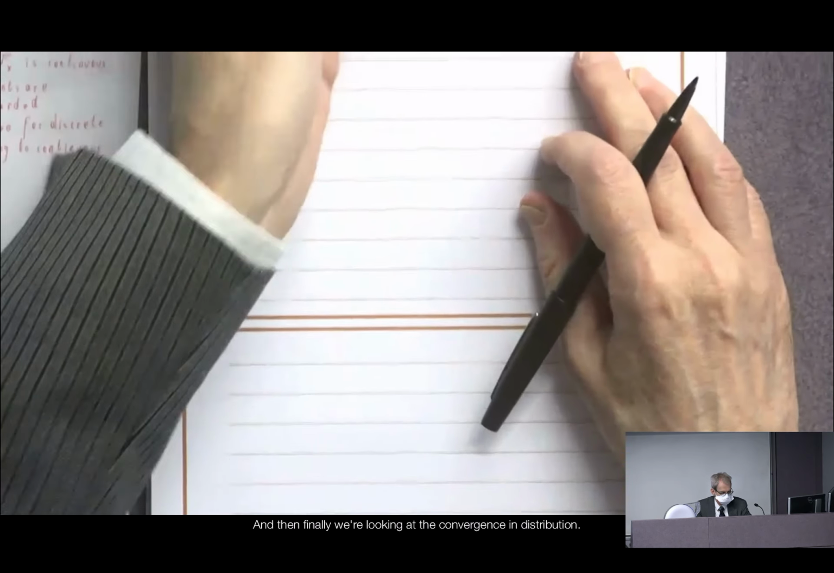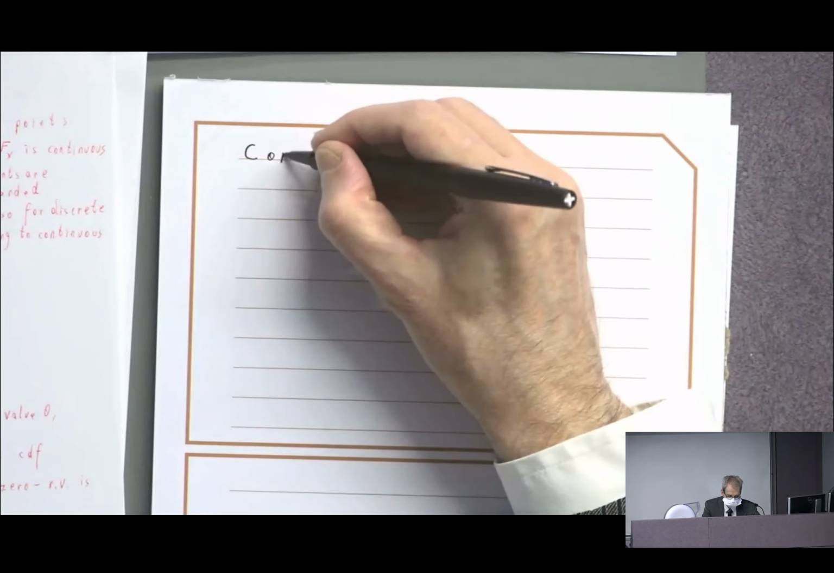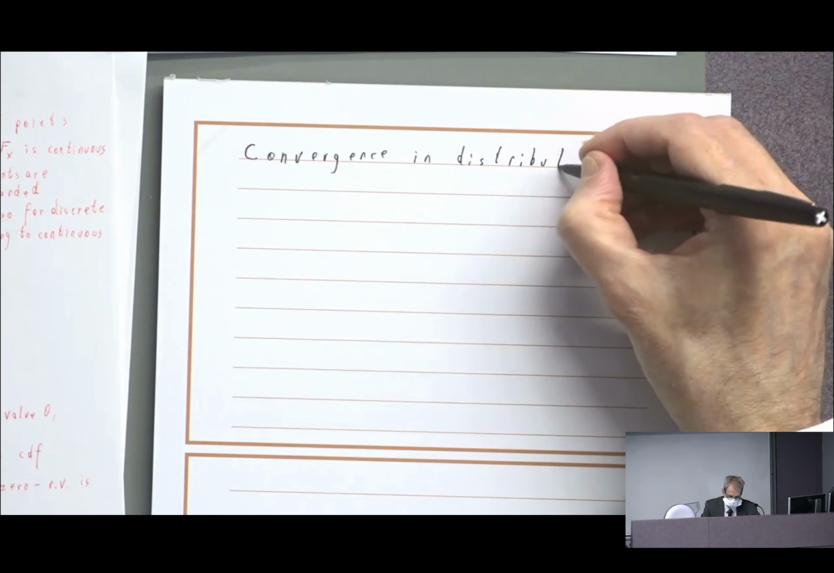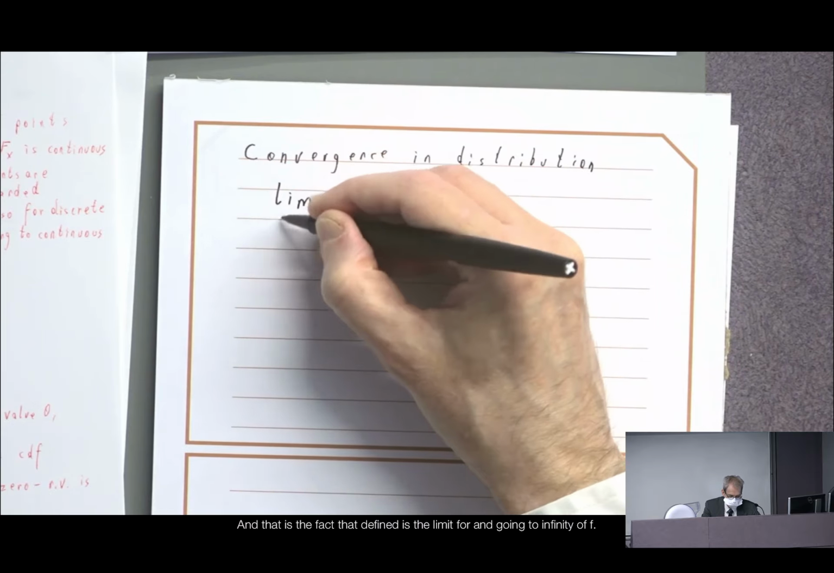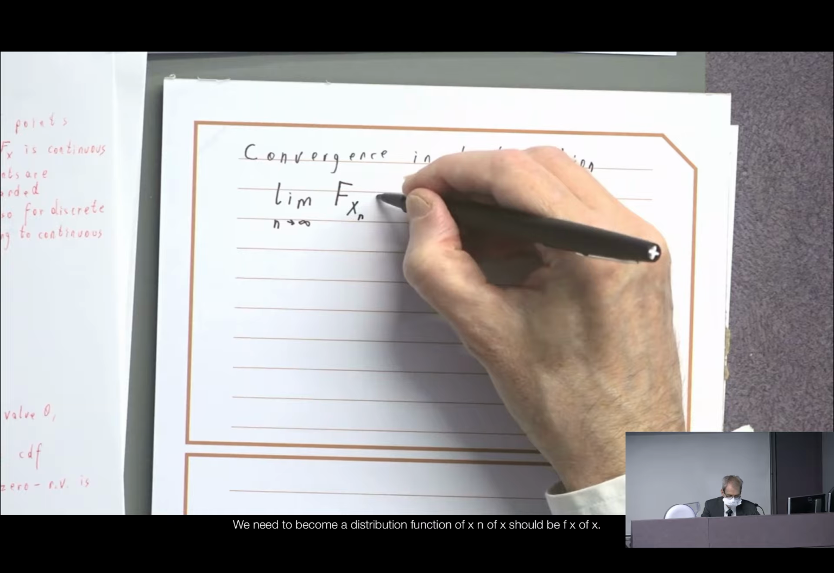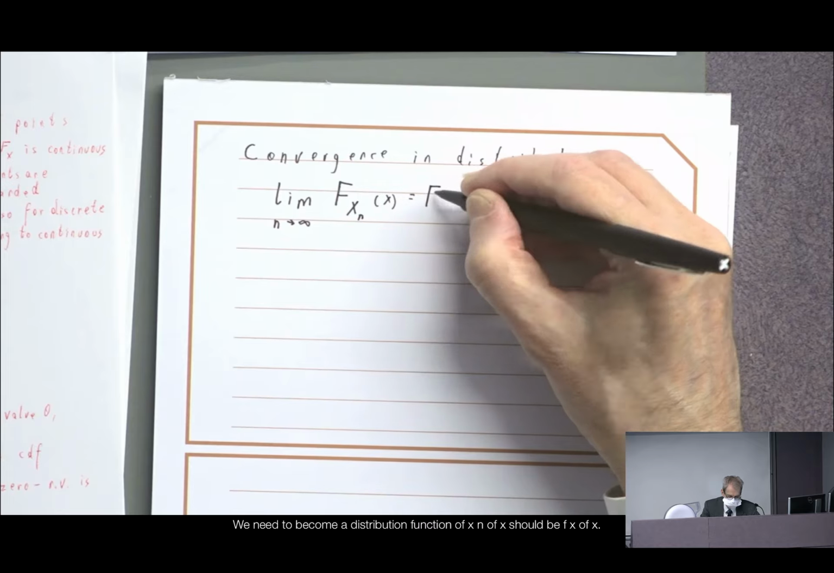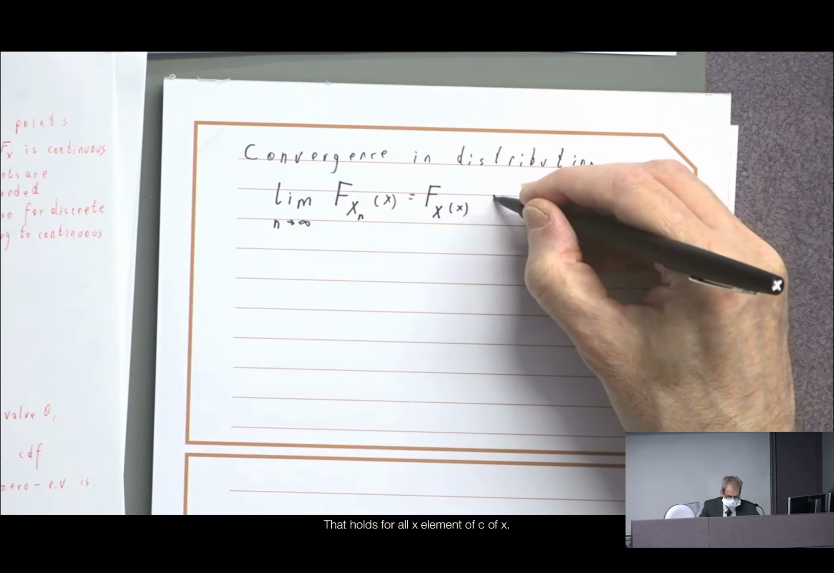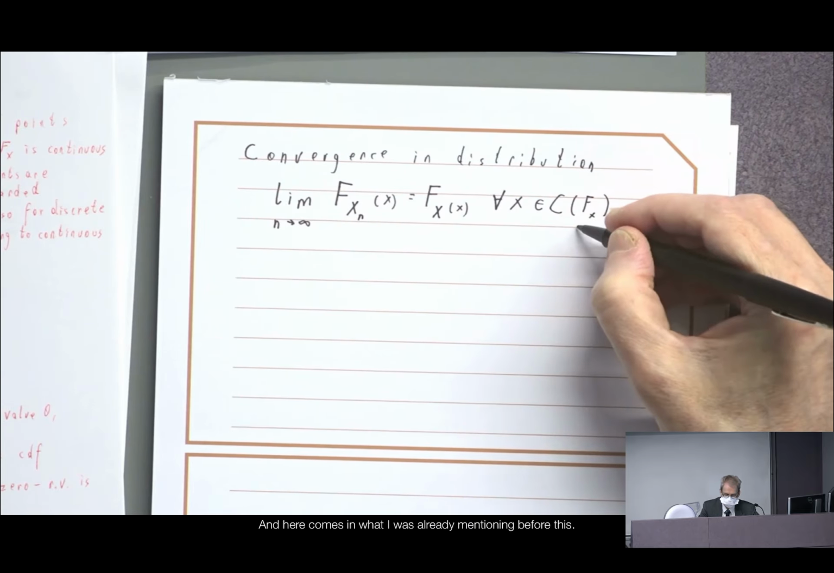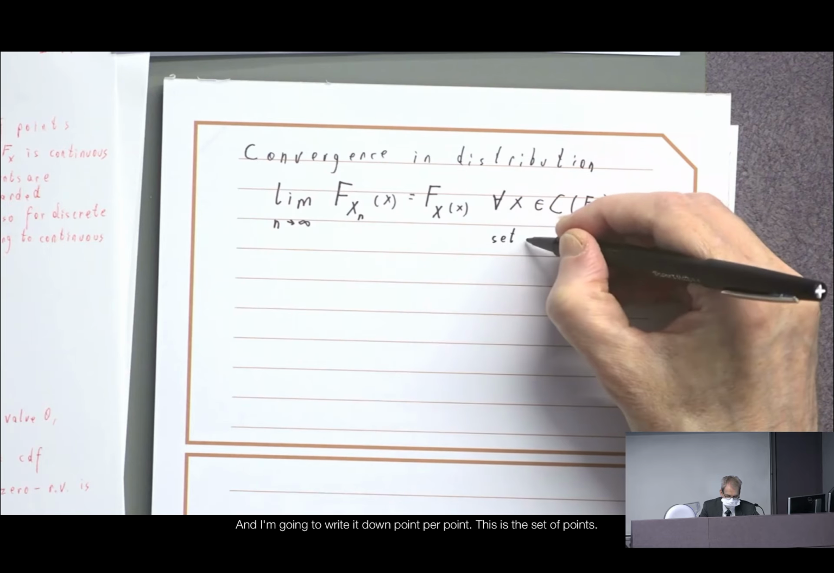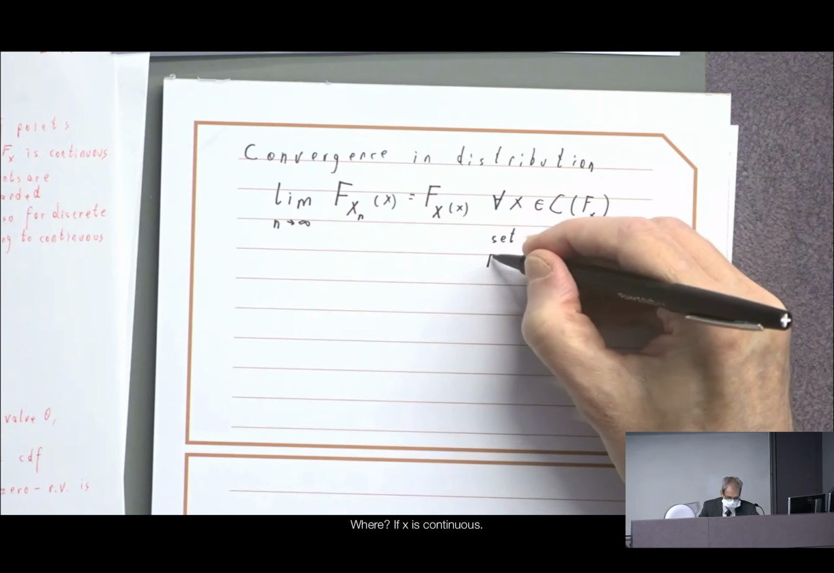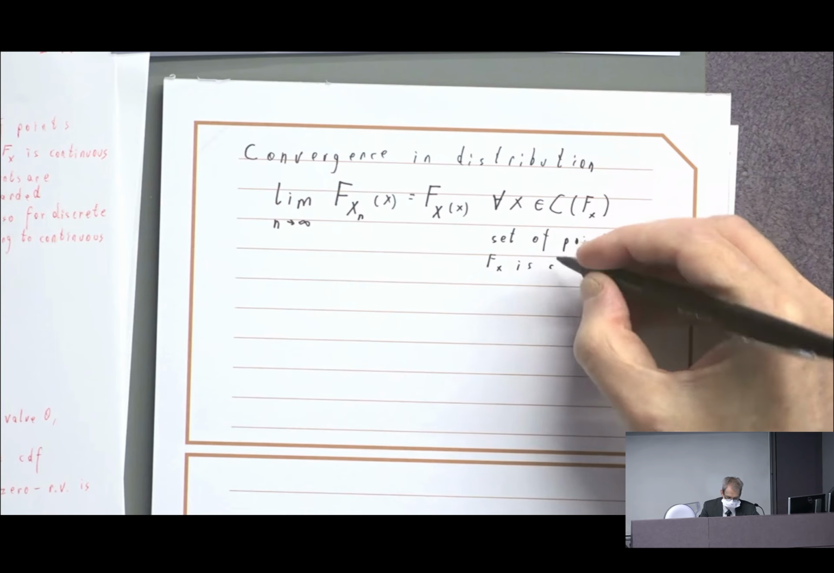And then finally, we're looking at the convergence in distribution. And that is defined as the limit for n going to infinity of F, meaning the cumulative distribution function, of X_n of x, should be F_X of x. And that holds for all x element of C(F_X). And here comes in what I was already mentioning before, and I'm going to write it down point by point. This is the set of points where F_X is continuous,